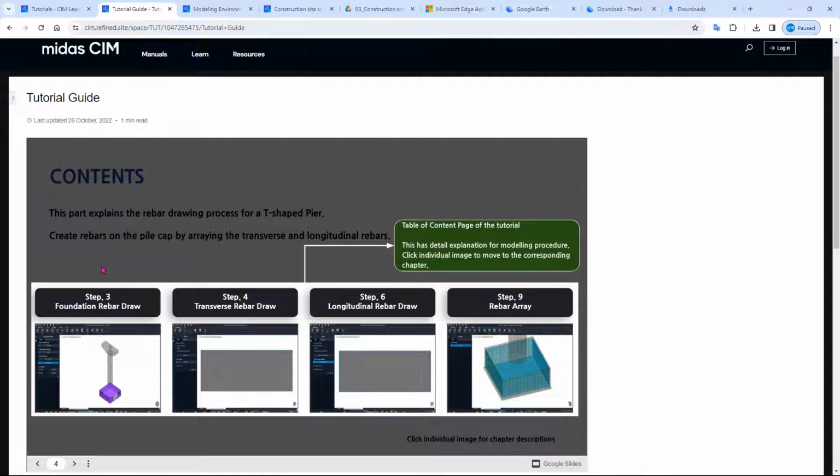So as you can see in here, there are step 3, step 4, step 6, and step 9. It showed you that the step 3 is the first subchapter, step 4 the second subchapter, and etc.